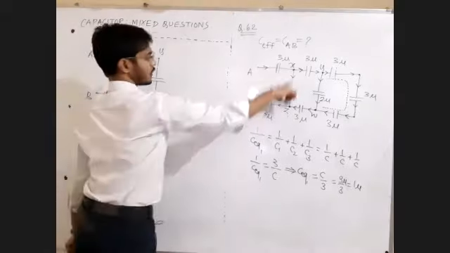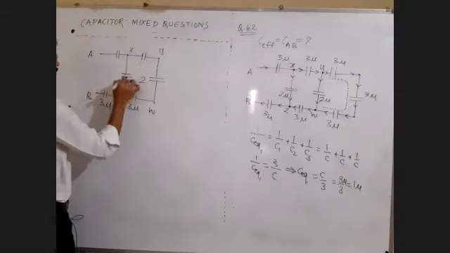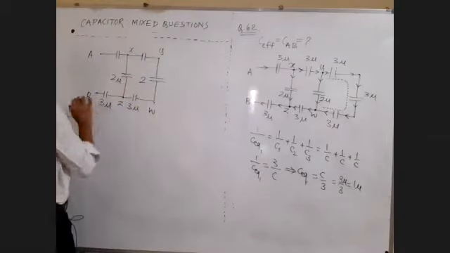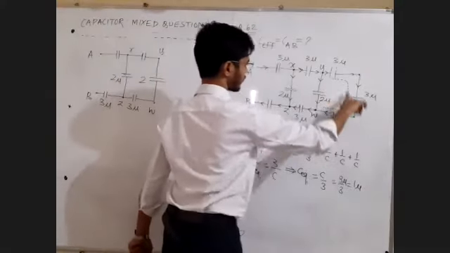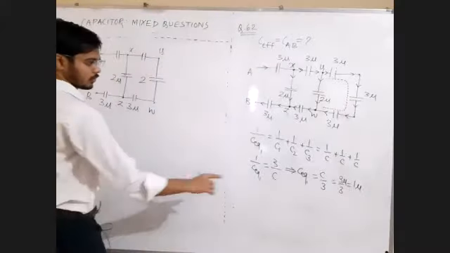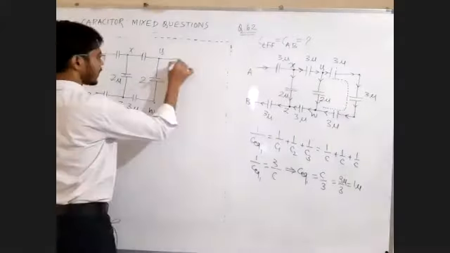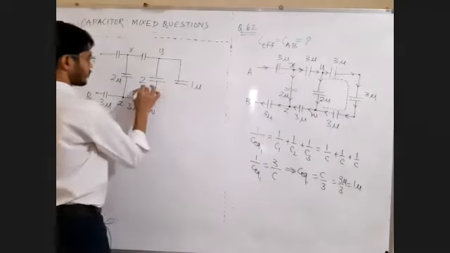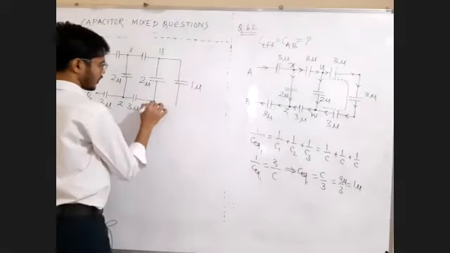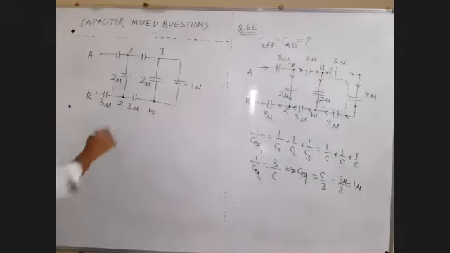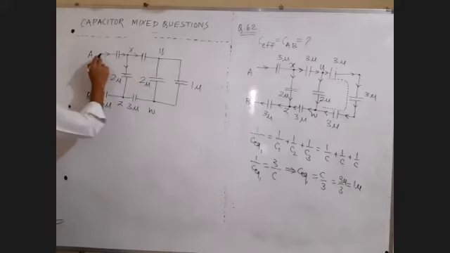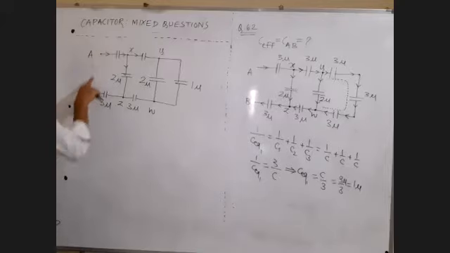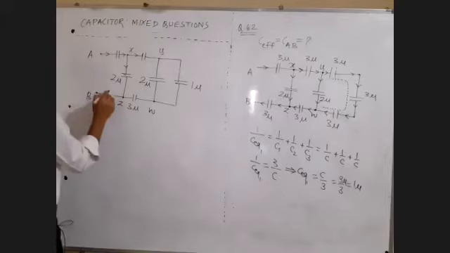Here X and Z, 2 micro. Okay, fine, no problem. And between Y and W, for this dotted branch, we have the answer 1 micro. Here 2 micro. Now the next step is again assigning the direction of charges. It will remain the same basically. Nothing will change. A should be the start point, B should be the end point, because we have to find the capacitance between A and B.